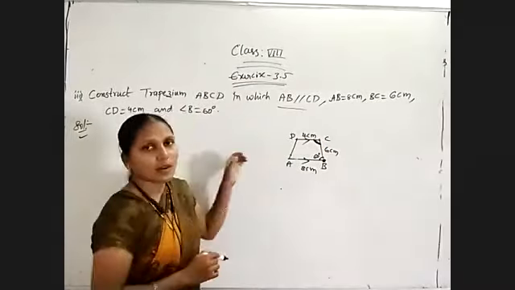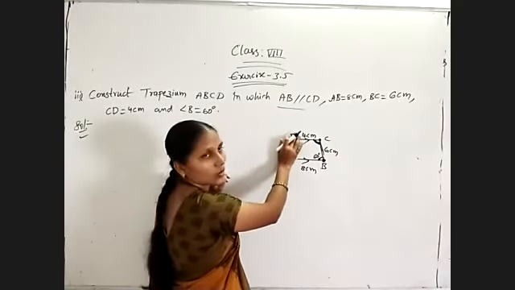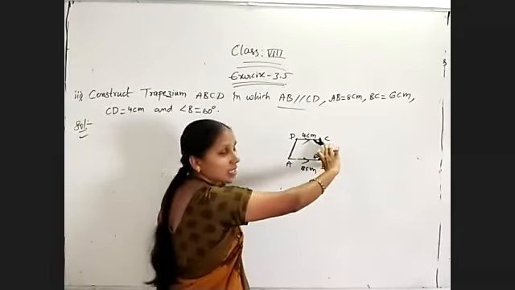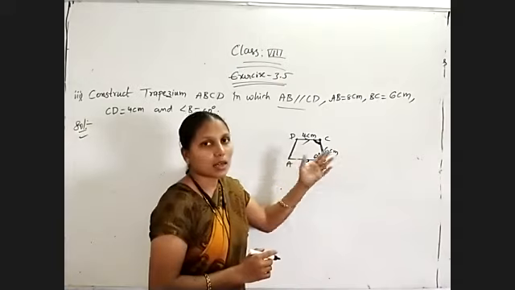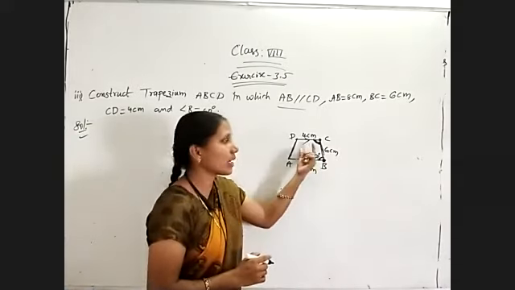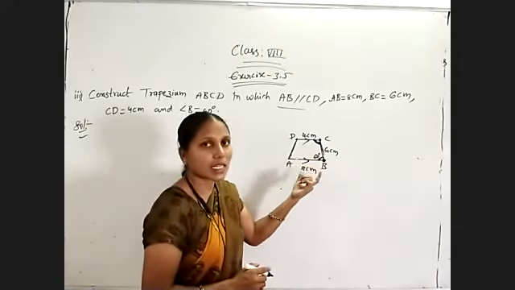Angle 60 and 60 degrees and this angle C. How are they? These two will become the transversals. But now AD we don't want, only BC we are taking. BC is the transversal. Angle B plus angle C will be equal to 180 degrees because those two are co-interior angles. The sum of the co-interior angles is always 180 degrees. So 60 I got, here how much I must get? 120 degrees only, compulsory. 60 plus 120 is equal to 180.